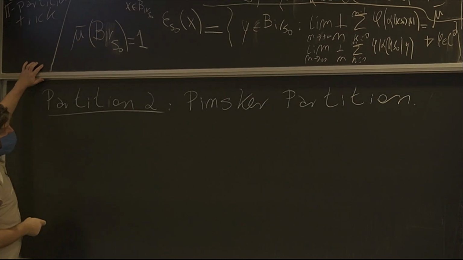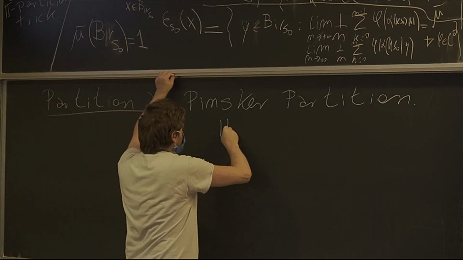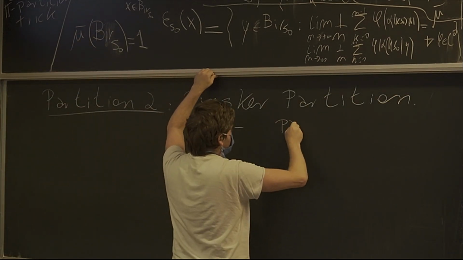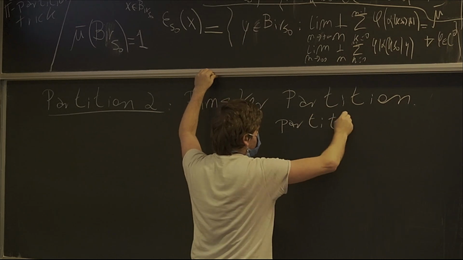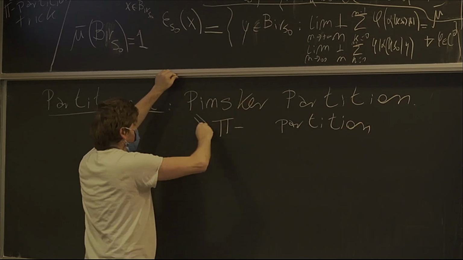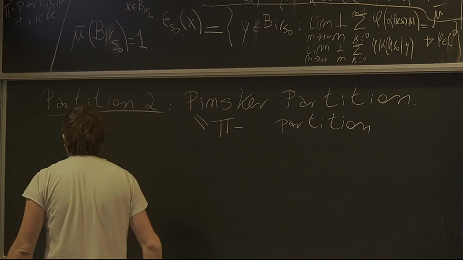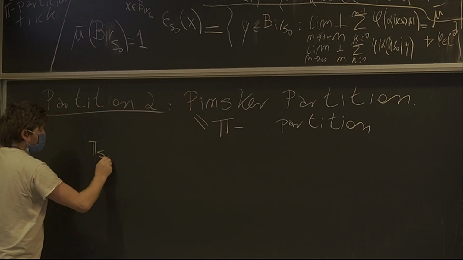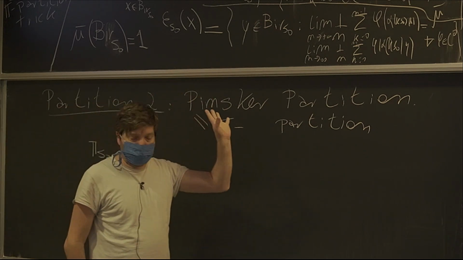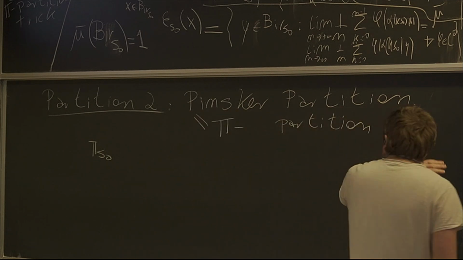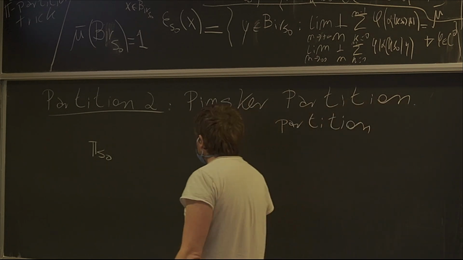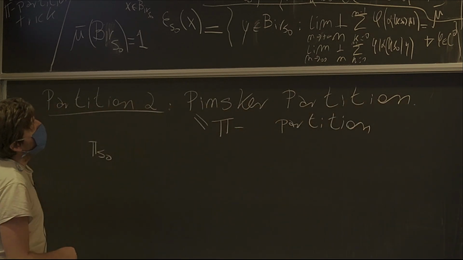And pi is because Pinsker's partition is also called the pi-partition, and it's denoted by pi S naught, because everything is with respect to this S naught, which has associated the sigma algebra B